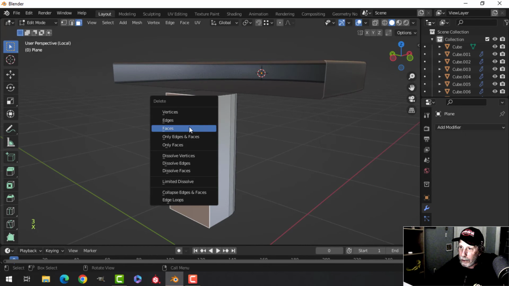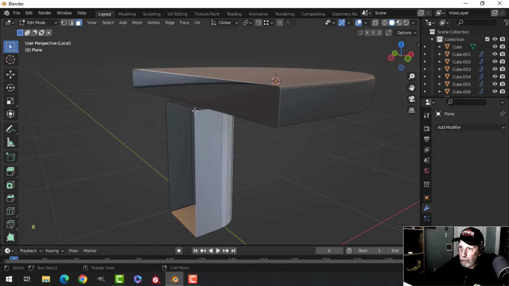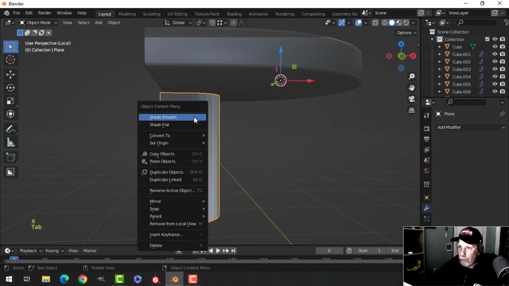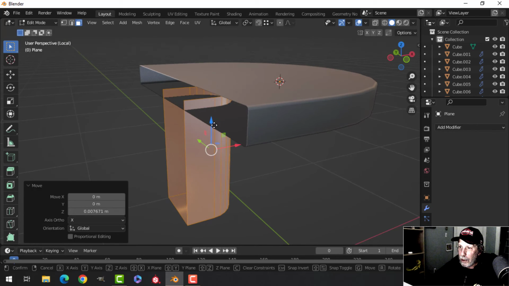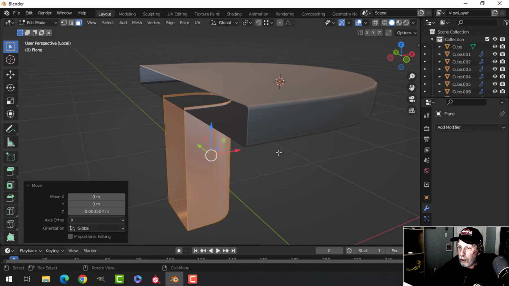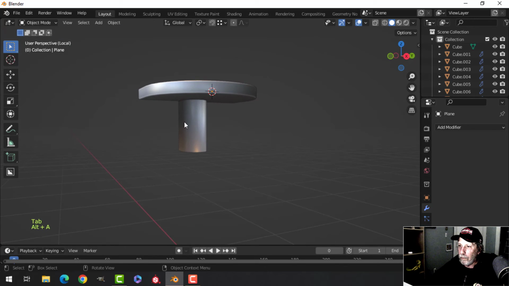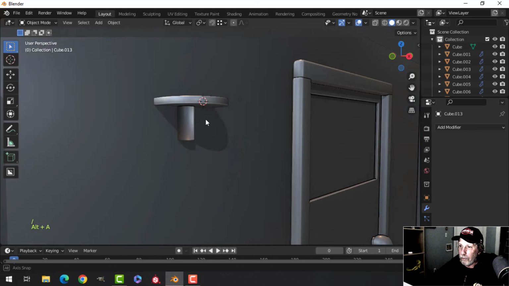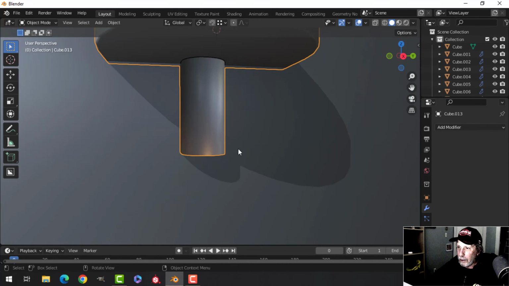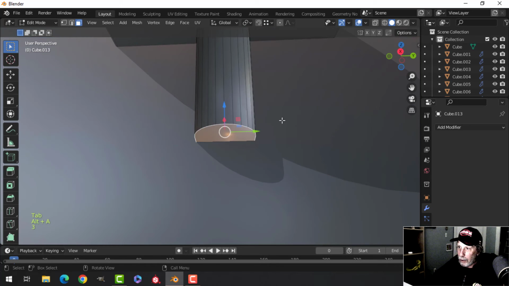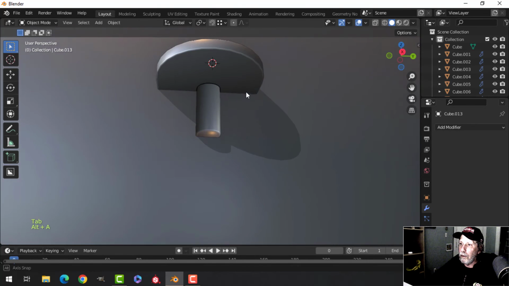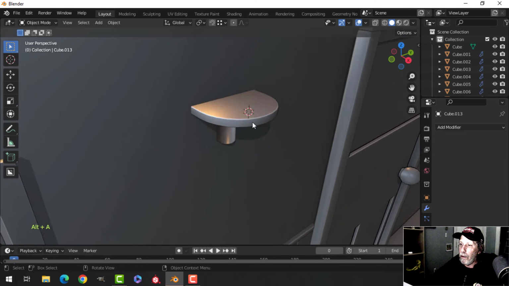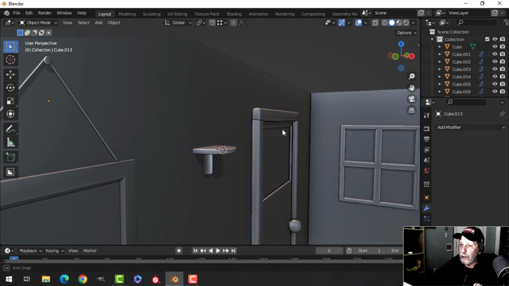We'll get rid of the back faces. We'll get rid of the top. We'll shade smooth and we'll push it in. And again, I'm not saying that this is how I would do it. I'm going to join those. Let's see what we got. Crazy. Okay. I'll take that. I'll bevel that with 3. All right. And on there would be some kind of a